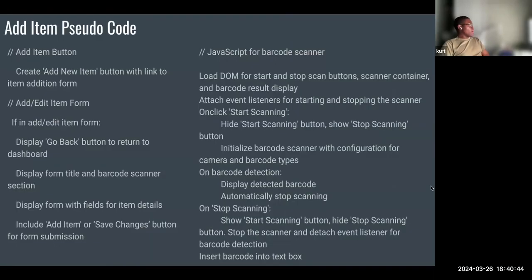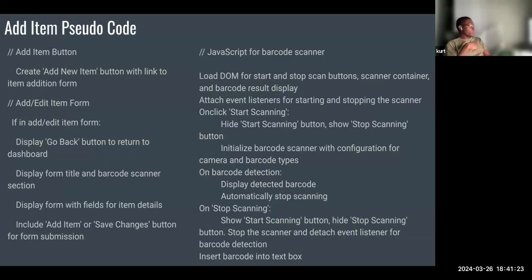So the add item pseudocode, it's pretty simple. You'll have an add item button on your dashboard where, well, I guess I'll just go through pseudocode. There's going to be a creation for the add item button with a link to the add item form. You click it, you get to that form, and on that form, there's going to be a go back button to return to the dashboard, and on that form you'll display the